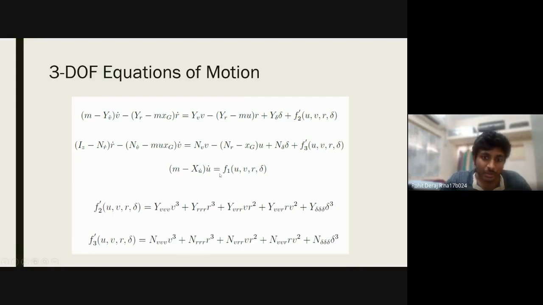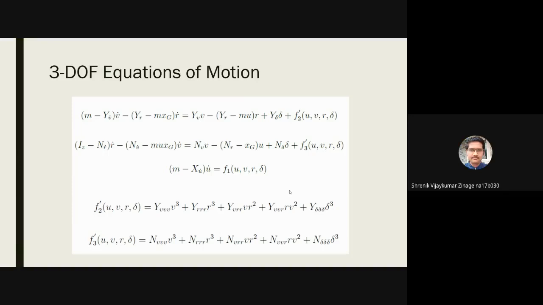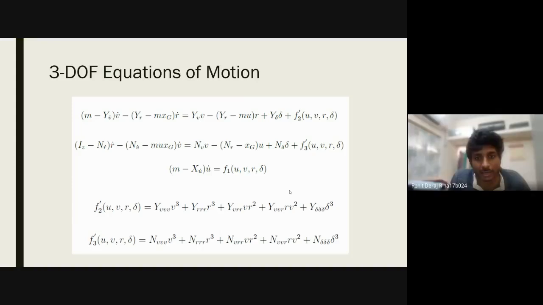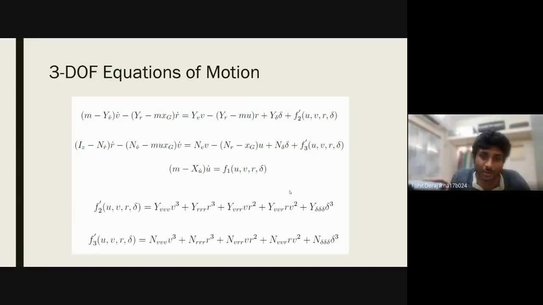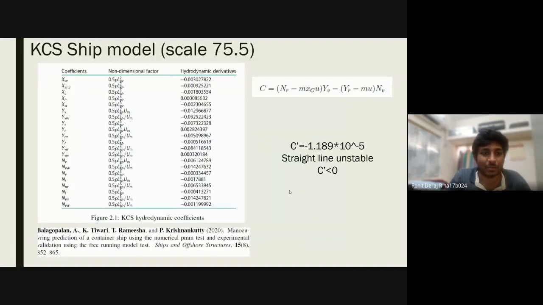And F1 here in the surge velocity equation is the thrust and the hydrodynamic derivatives in the x direction. Rohit, I had a question. Is the control input in this scenario only the rudder angle? Yes, only the rudder angle. Okay, so what are you assuming the thrust as? How much value? The thrust I'm assuming to be the same as XUU that you saw here. So essentially, when it meets the design speed, the thrust cancels out the resistance. That was the idea behind it.